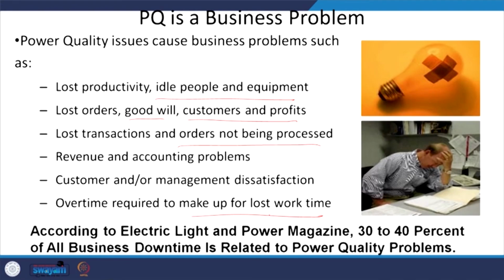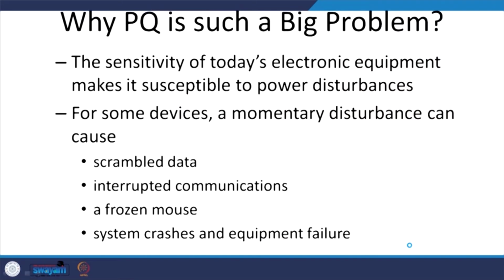Now, this is some data I have captured, with the courtesy of GE, according to the Electric Light & Power magazine. 30 to 40% of all business downtime is related to power quality problems. Now, why is it so nowadays? Because of scrambled data, interrupted communications, frozen mouse, that is your mouse is not operating, and system crashes with system failure because of memory